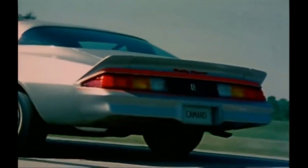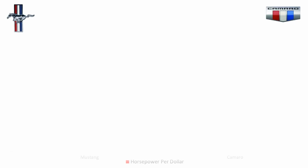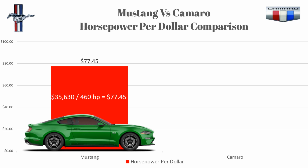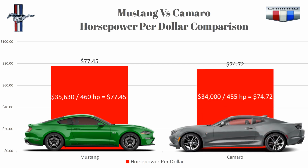Now we'll measure the horsepower per dollar ratio. A base Mustang GT has an MSRP of $35,630. You take that and you divide it by 460 and you get $77.45 per horsepower. On the flip side, the Camaro LT1 comes in at a base price of $34,000 even, so take that and divide it by 455 and you get